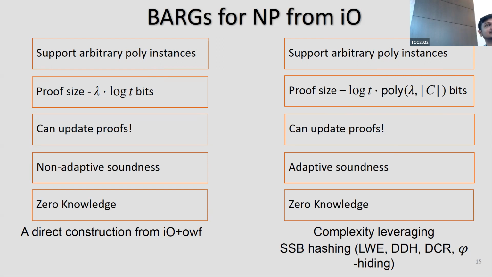So thanks for the talk. If we replace the CRS in the Sahai-Waters construction to work with IO for Turing machines, does the CRS size still grow with the number of instances? No, it still depends on the number of inputs you take in. Your program still takes in X1, X2, X3. So even if you replace it with the Turing machine, the CRS still grows with the input size. Okay, thanks.